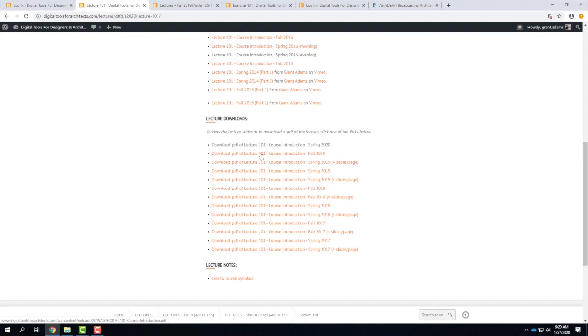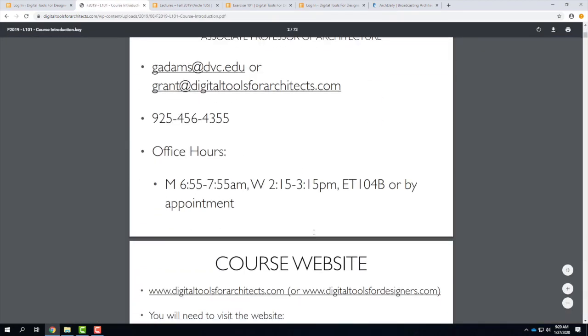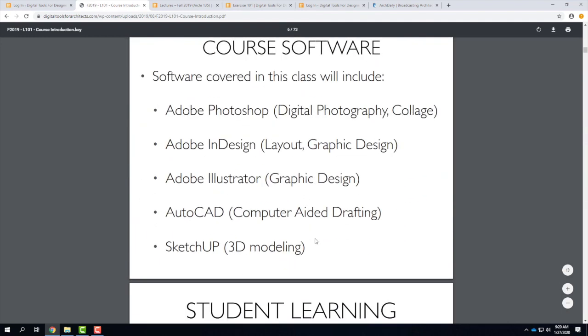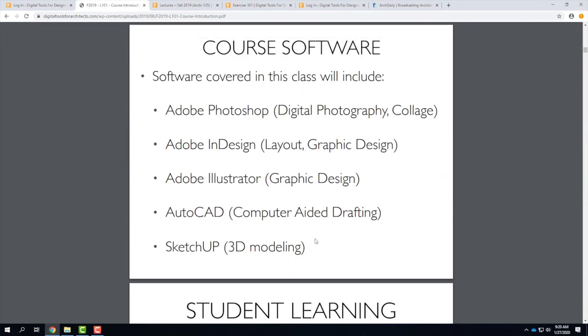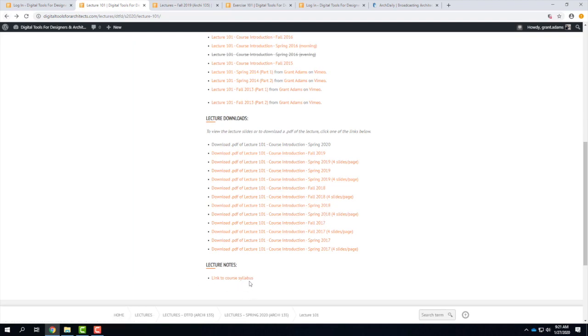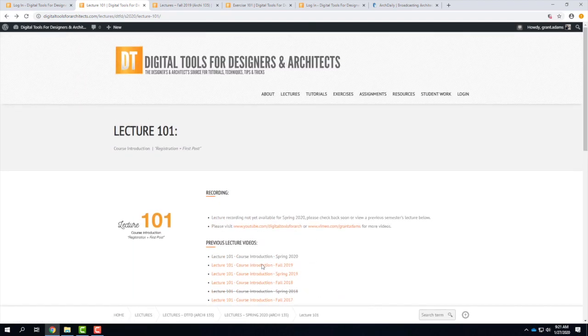These downloads are the PDFs of whatever slides I show. So if you want to see the full quality of the slides, you can click on that. It'll take you to the PDF, and it'll have all the same stuff. Again, I try to give it to you in any possible way, so it's there for you should you want it. And sometimes there are extra little links that I'll end up posting.